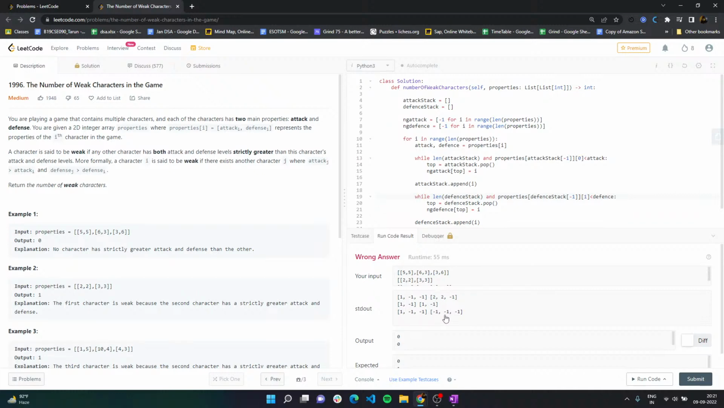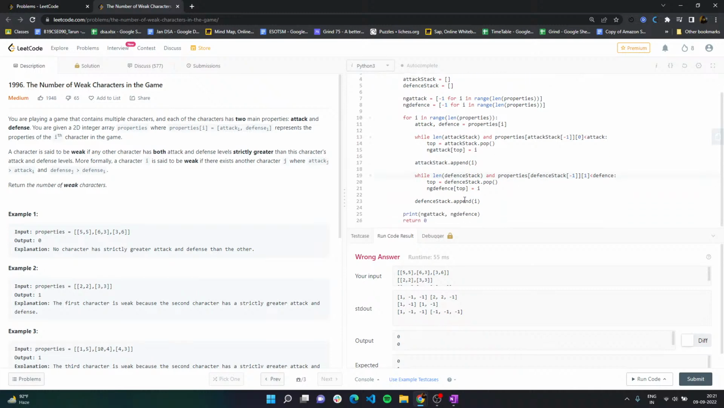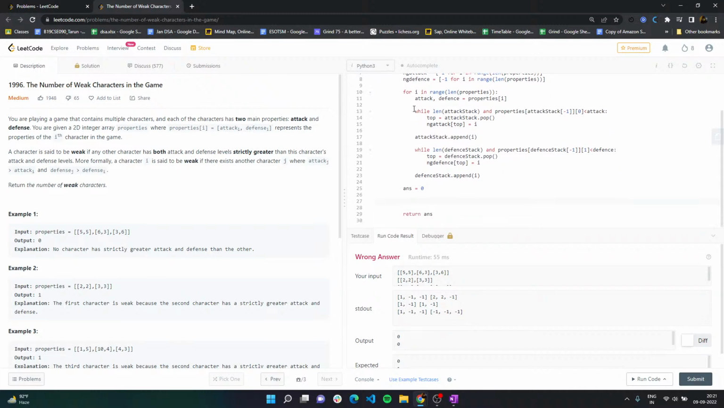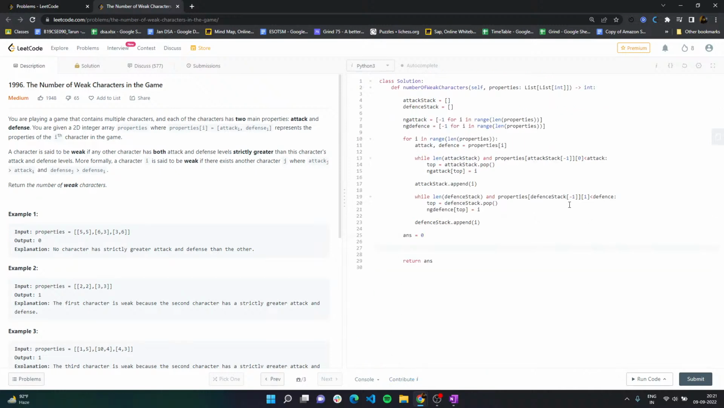Yeah, in this case the next greater is not there, but in this case it is there. Alright, so this is fine. Now my answer is 0 initially, and I'm going to return answer. So what I need to do now is simply loop over the stack. For that I'm just going to say for i in range length of properties,